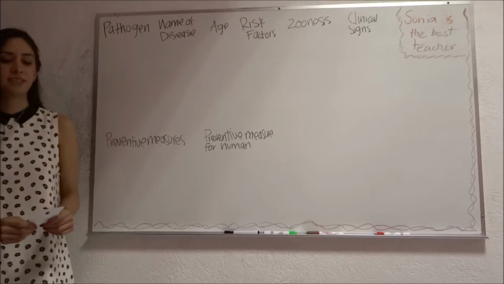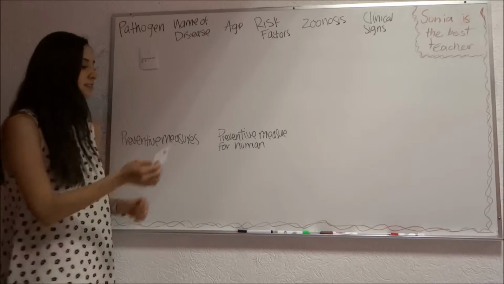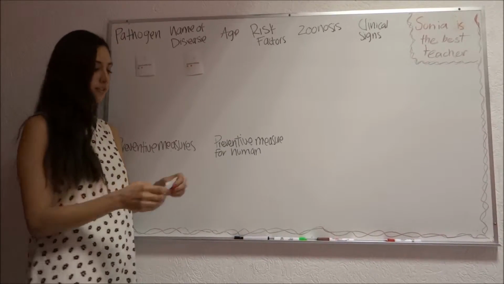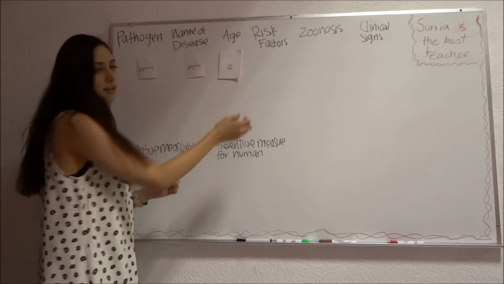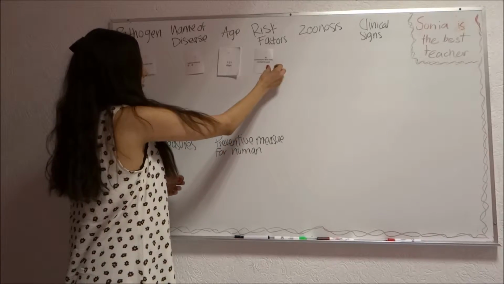The pathogen we are presenting is Salmonella. The name of the disease is salmonellosis. It presents at the age of 7 to 21 days. The risk factors are colostrum and milk contaminated,